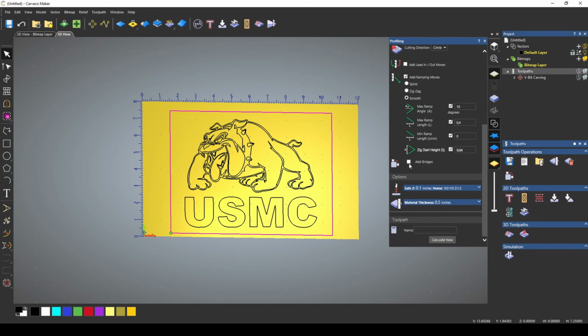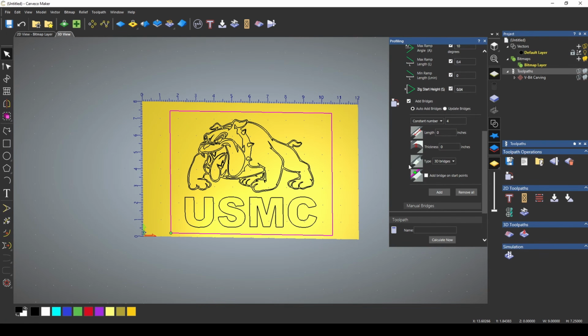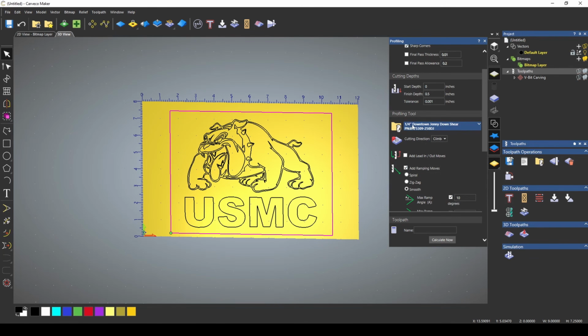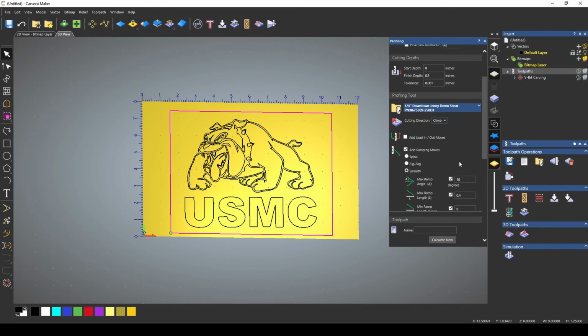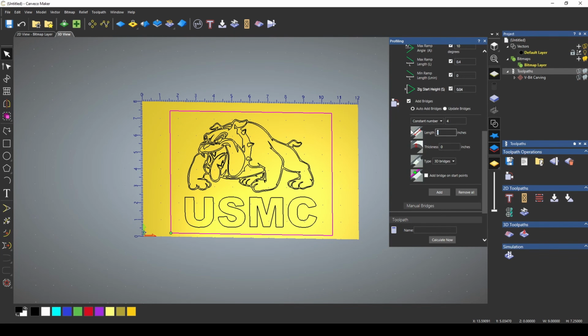If you want to add bridges or tabs, which are small pieces of material that are going to be left over to hold the project in, you can set this up at a constant rate, a constant number. I generally put 1 tab per side to hold something in. You have to tell it how big these tabs are going to be. I always use whatever size bit that I'm using. So if it's a 1/4 inch bit, then I'll make my tabs a 1/4 inch long and a 1/4 inch